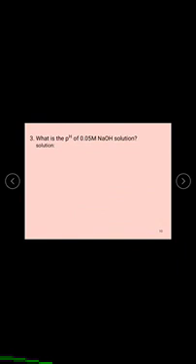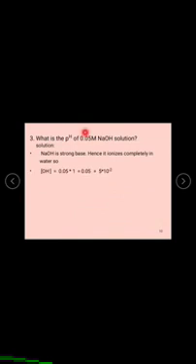Next question is, what is the pH of 0.05 M sodium hydroxide solution? Here sodium hydroxide is also a strong base, hence it ionizes completely in water. It is a monoacidic base, which means on ionization it produces only one OH minus ion. If molarity or normality is given, then that value is the hydroxyl ion concentration.